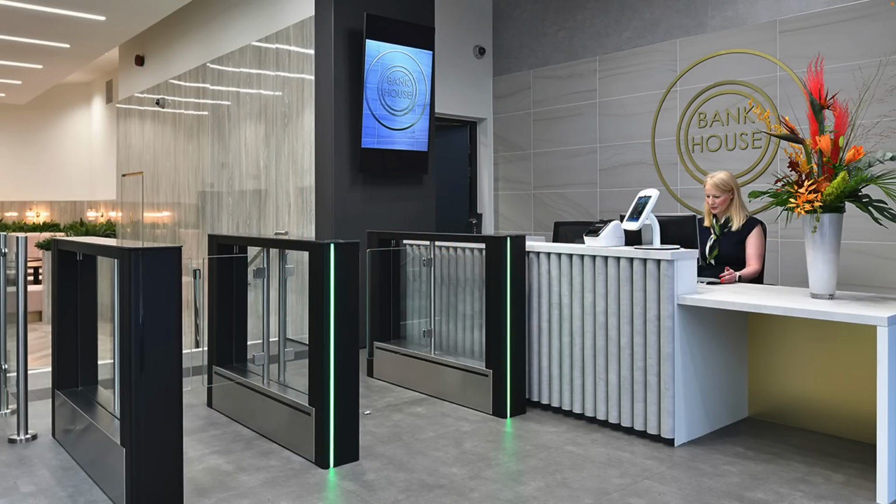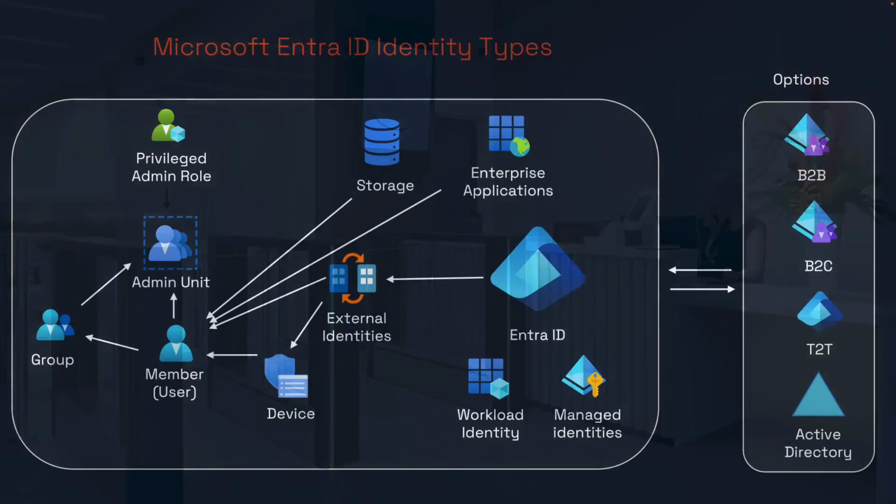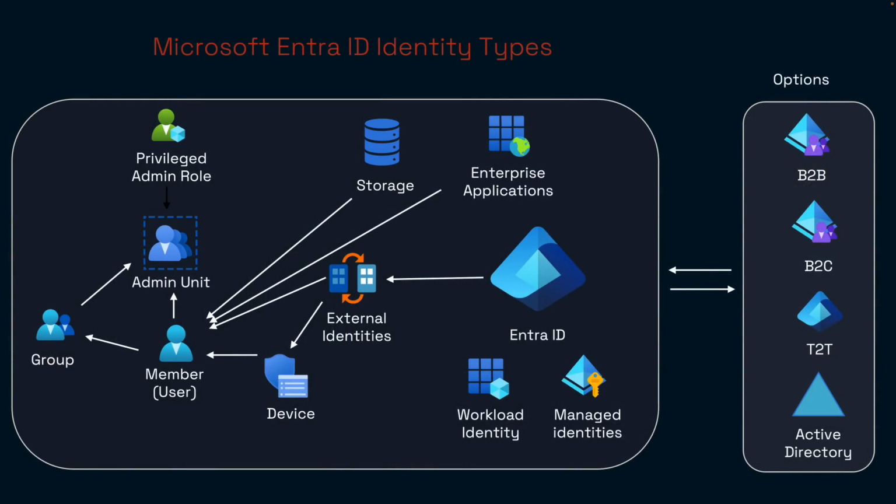Now, think of external access like this. Whenever you visit a building, in this case it's an office, you're asked to provide an ID. Now, typically this might be a badge, it might be a digital ID, you might have a visitor card or something like that. So equating that to Entra ID types, we have a number of different types of identity.